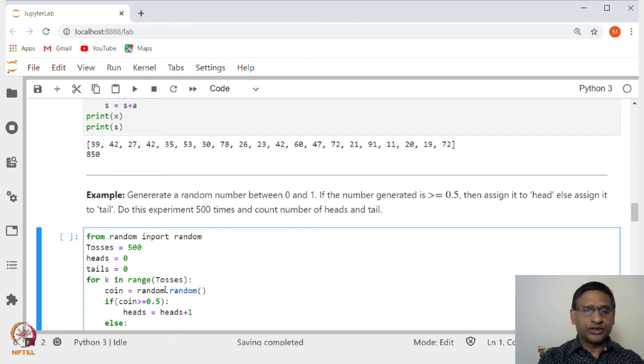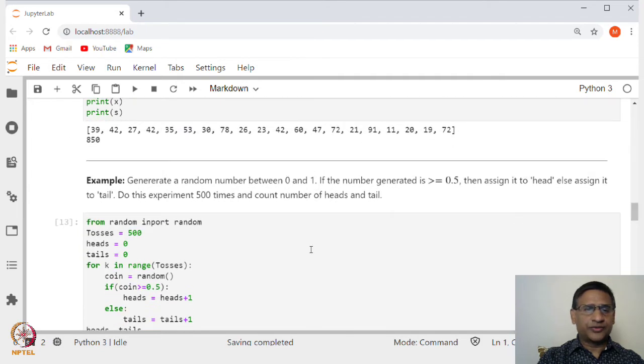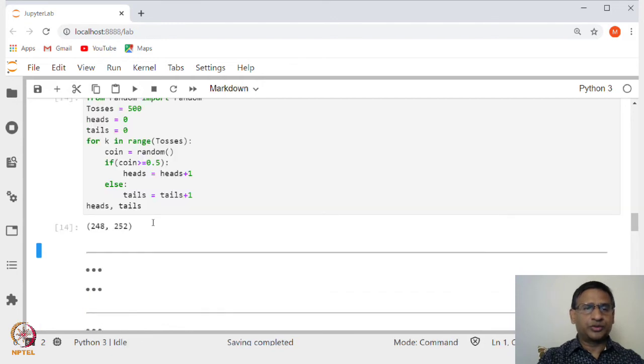So, now I do not need to say random dot random, I can only say random. Okay. So, I think there is a spelling mistake. From random import random, and then what we are doing.